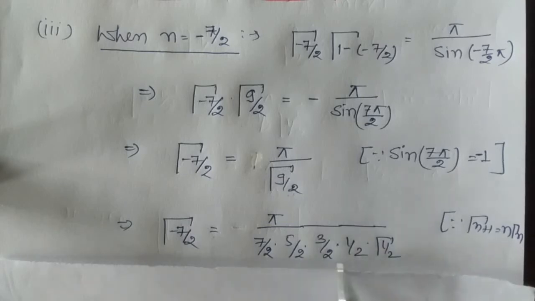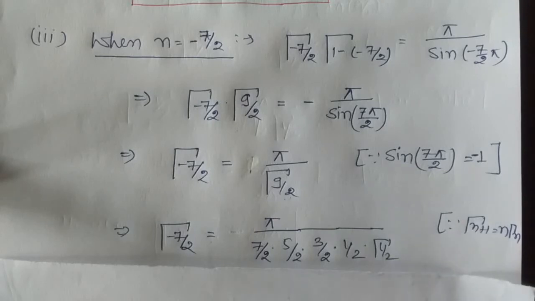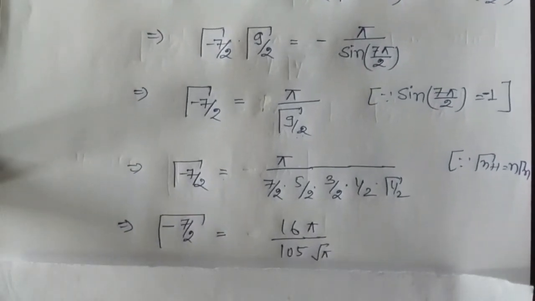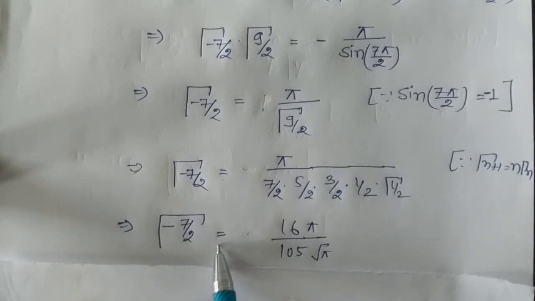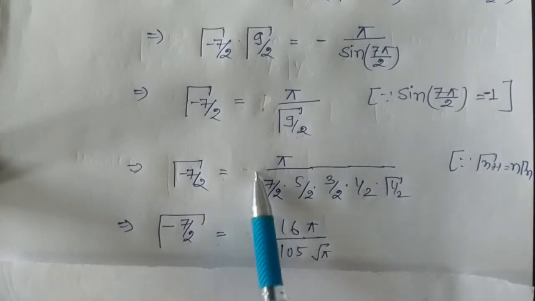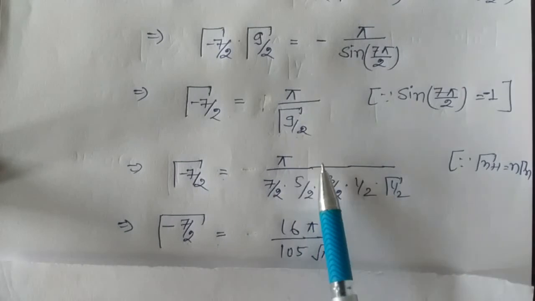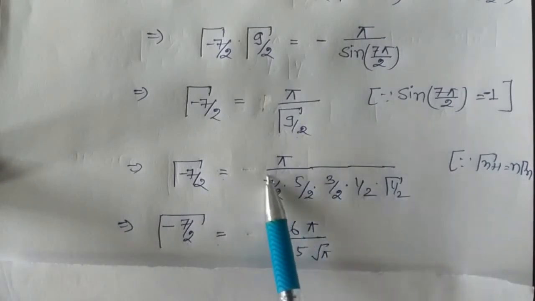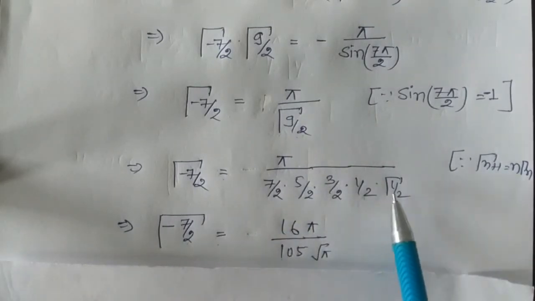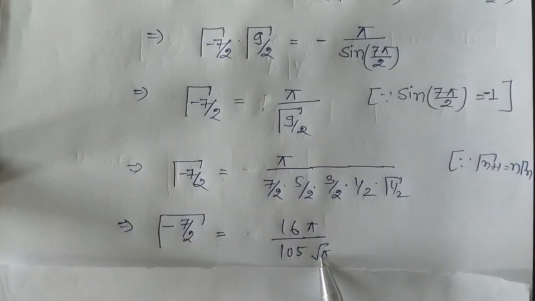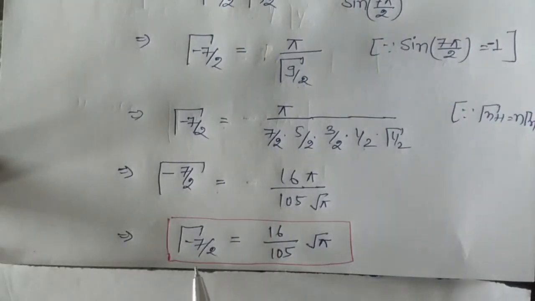Now we simplify these, then we get gamma half is root pi. So we have gamma minus 7 by 2 equal to, this 16 goes in the numerator, so we have 16 pi in the numerator. In denominator we have 105. Gamma half is root pi, so pi upon root pi becomes root pi. So finally we get the value of gamma minus 7 by 2 is equal to 16 upon 105 into root